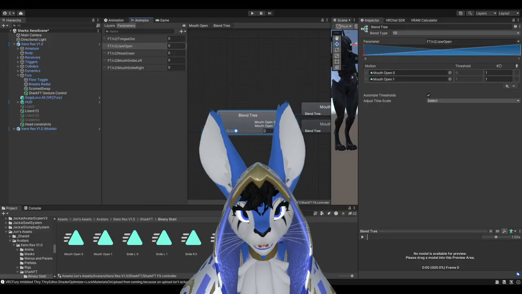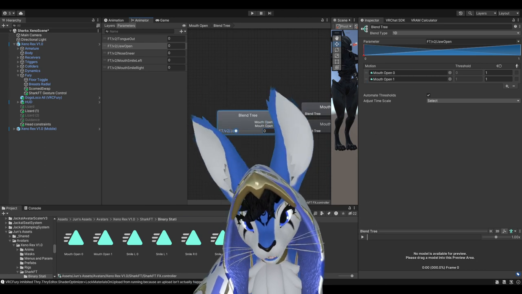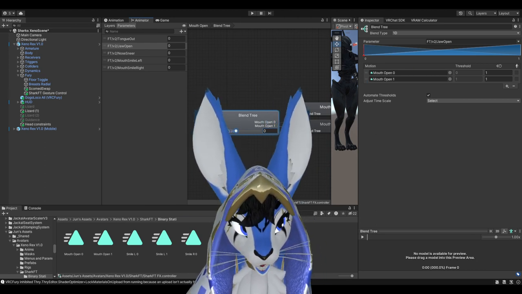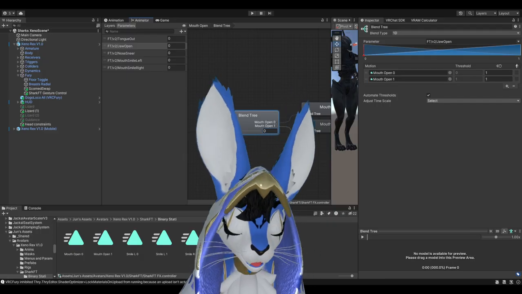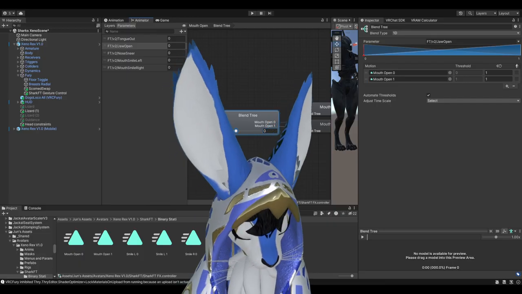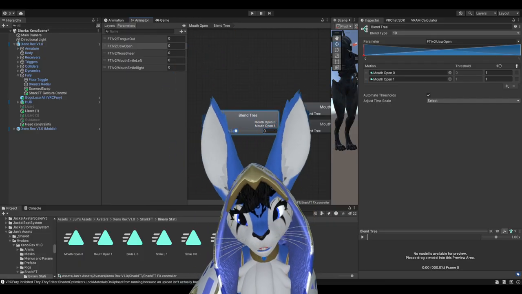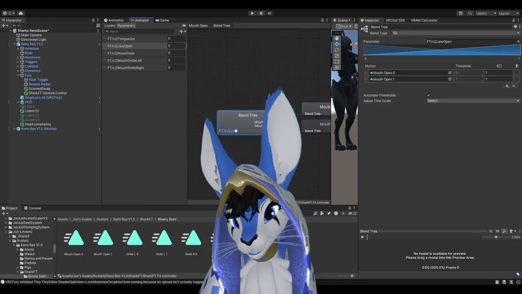However, there's a lot of avatars out there that do not have those blend shapes. And a lot of the time, creators will then not add face tracking support at all because, well, it doesn't have the full face tracking blend shapes. So why add face tracking support? The thing with that is that that's actually a slight misunderstanding of what face tracking is, because